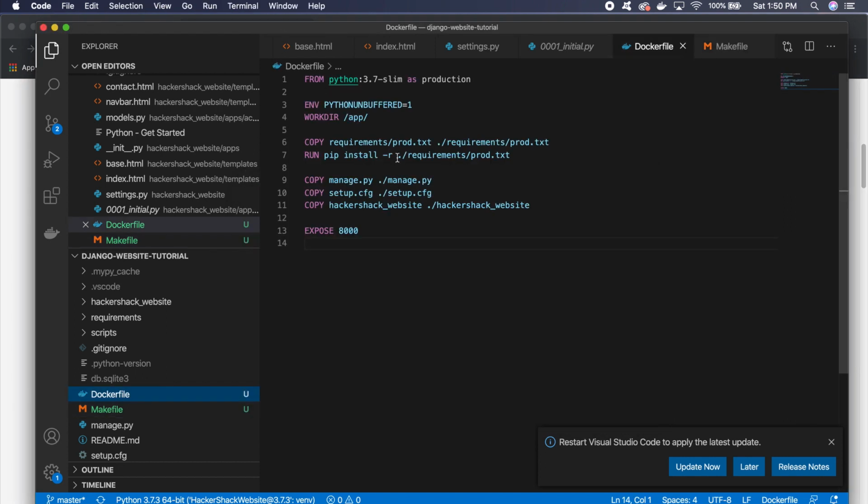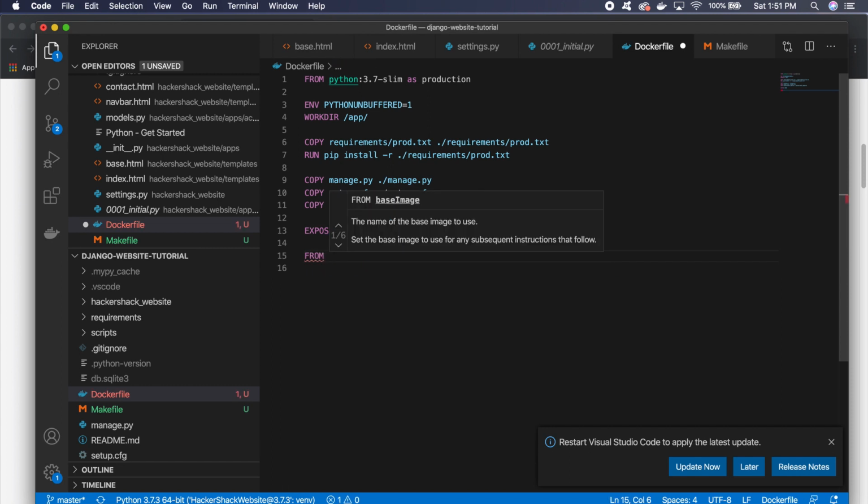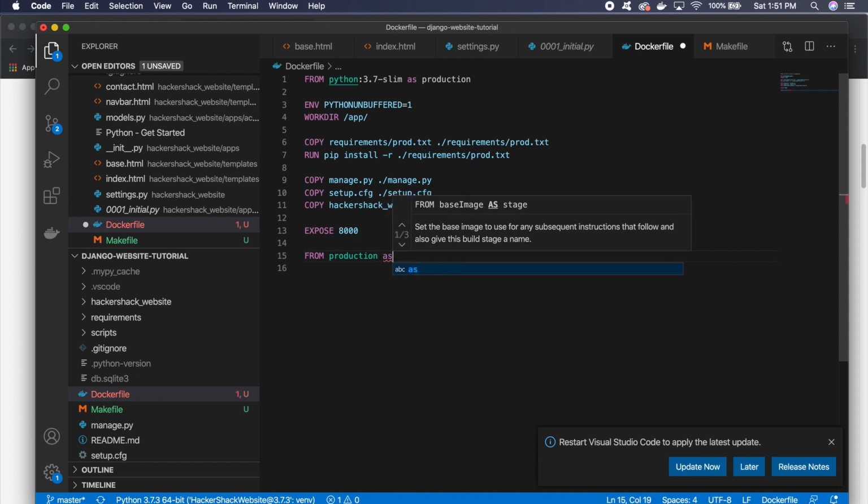So I mentioned earlier that you can have different versions of your Docker image. Now we've already created one version here, but let's go down and create another version for development, because we're also going to use this Docker image for development because it will be much easier to get it running on a local development machine if we just start straight from the Docker image. So to do that, I'm going to specify my base image, and we'll say that the base image is the target that I created earlier. So from production,